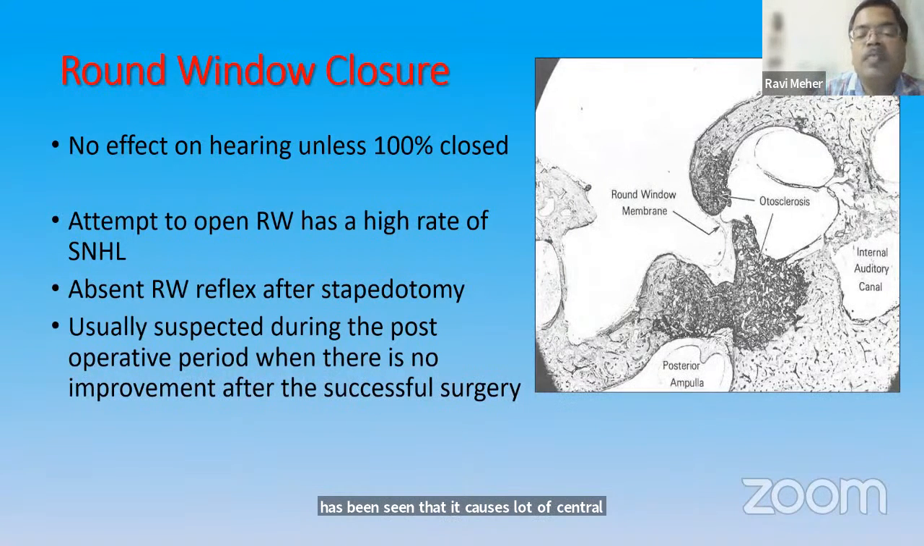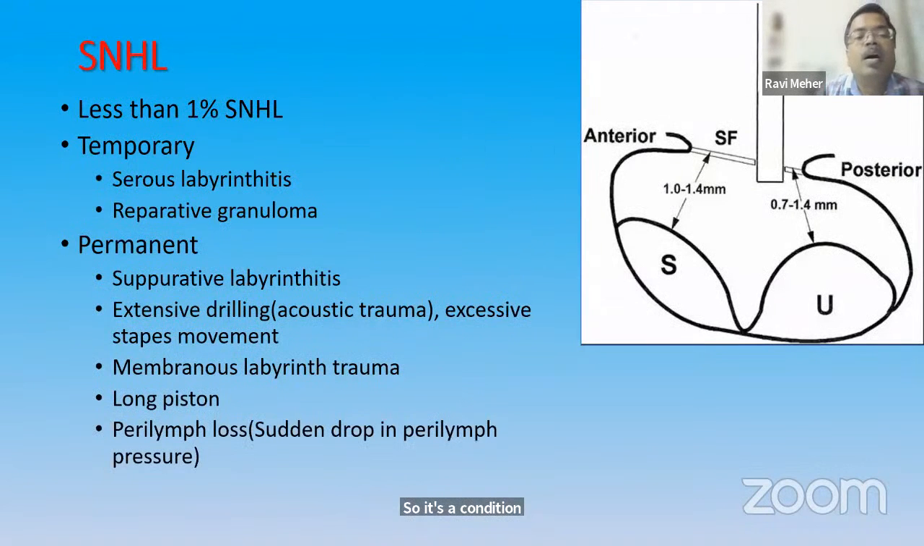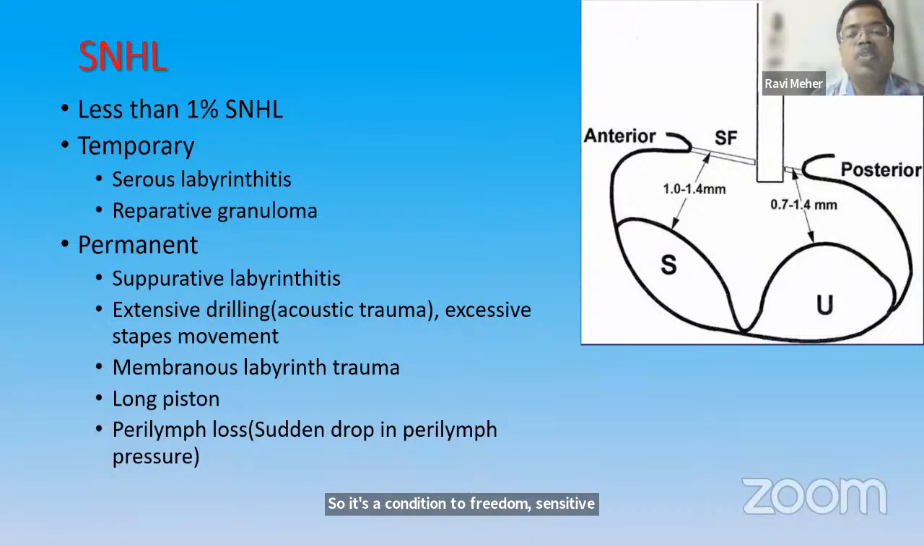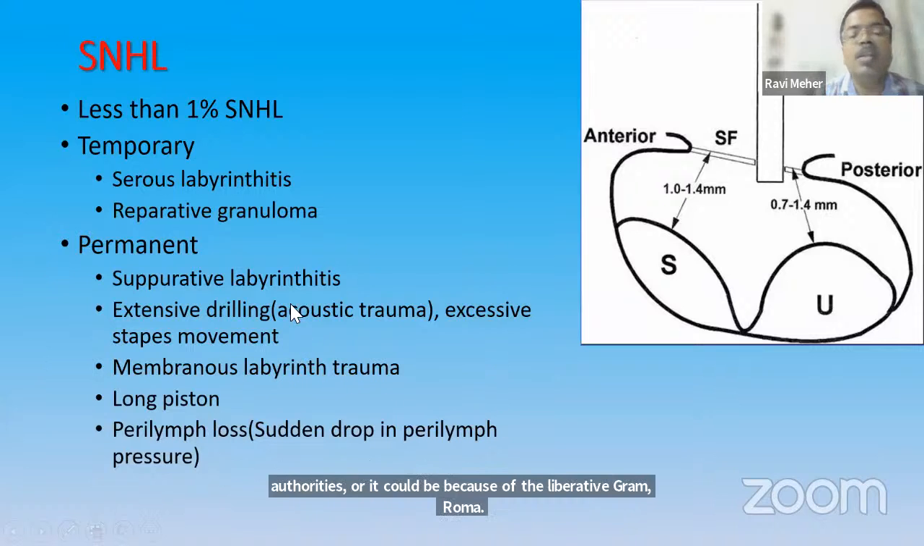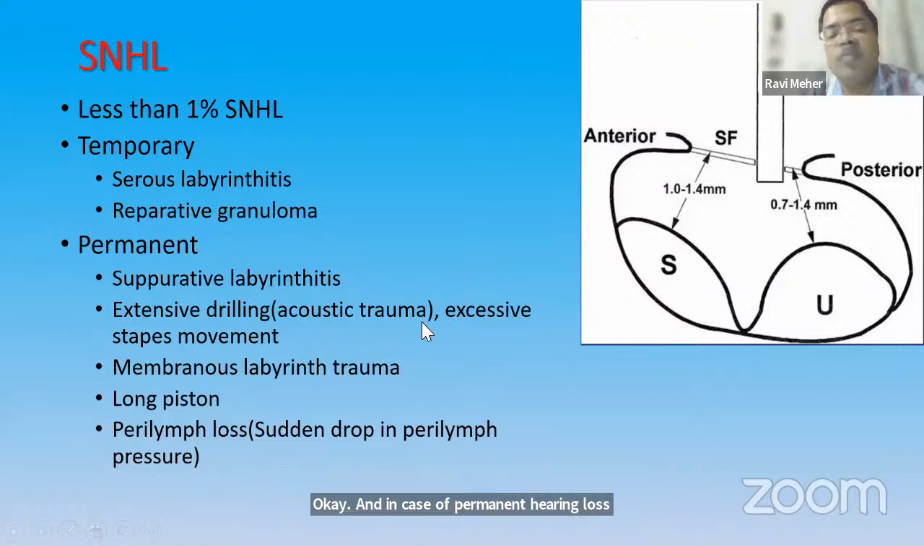So it's a difficult condition to treat. Sensory hearing loss: less than 1% of patients may develop sensory hearing loss. It could be temporary because of serous labyrinthitis, or it could be because of reparative granuloma. And in case of permanent hearing loss, there can be suppurative labyrinthitis, when there is pus formation,